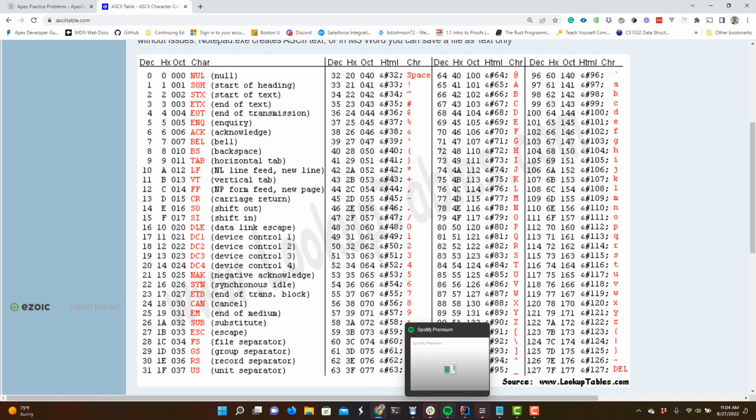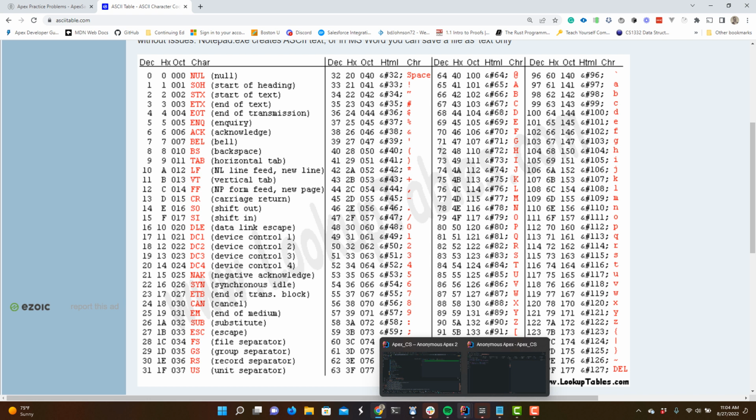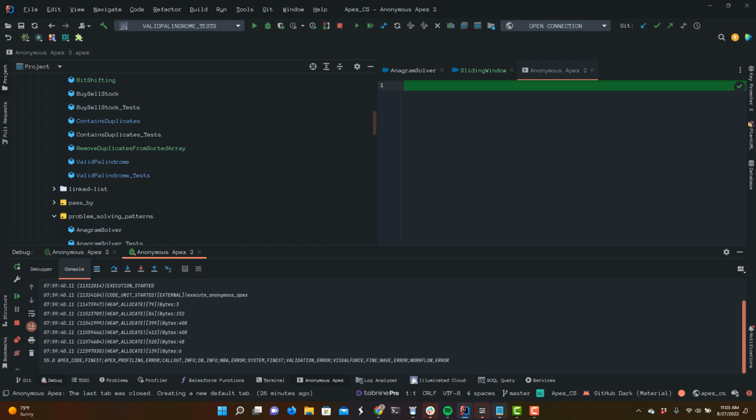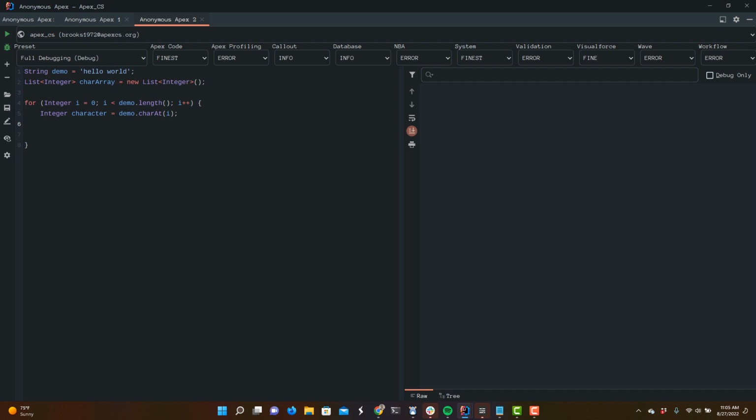So this would actually be a good point. If you've got this solved, pause the video and code it up, and then we can look at my solution. Okay, but let's go up. Wrong. I wanted my anonymous Apex window open. That's for another video. All right, so I'm going to say if